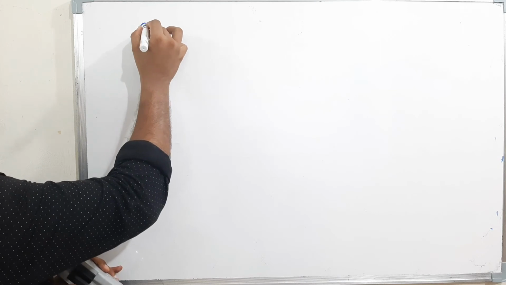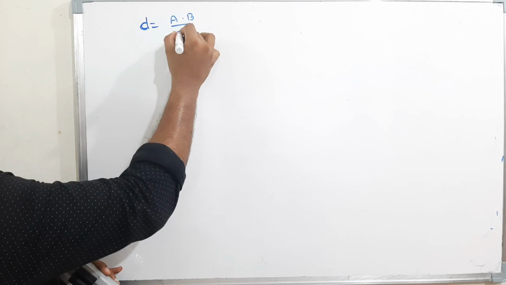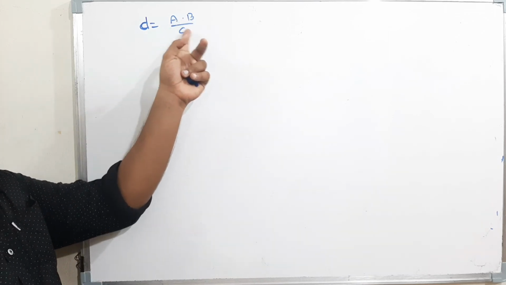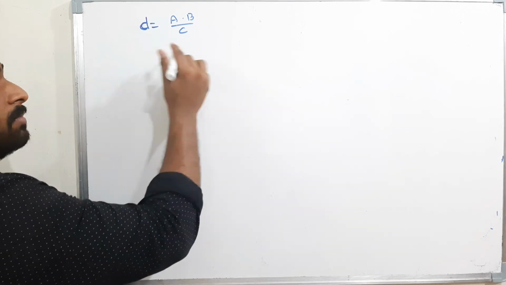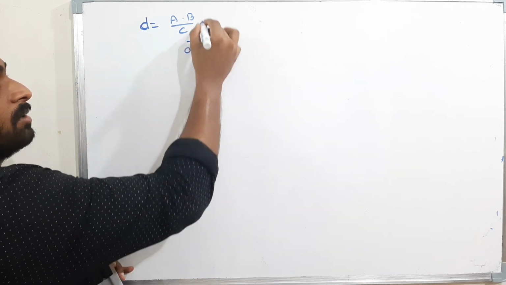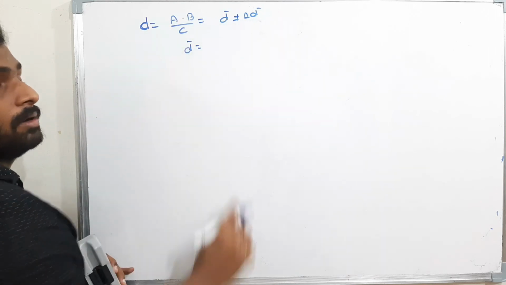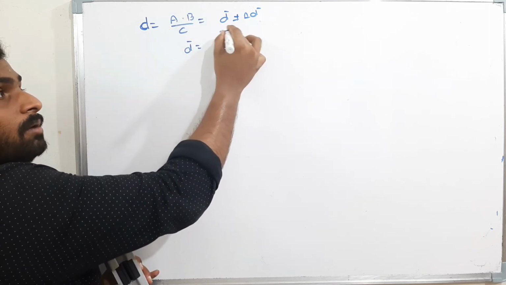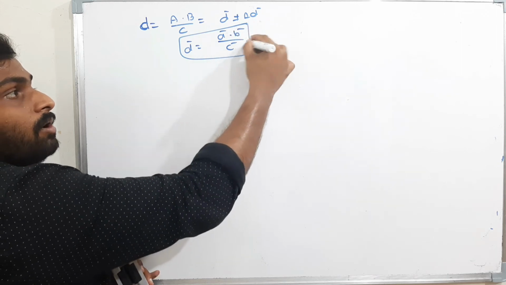Now see here. D is equal to A dot B by C, where C is given by A B by C. Now they told to find the error in the D. What is D bar? D bar is nothing but which has to be represented in the form of D bar plus or minus delta D bar. Therefore D bar I will get by the same operation which is here. Therefore A bar into B bar by C bar. Now I got D bar.